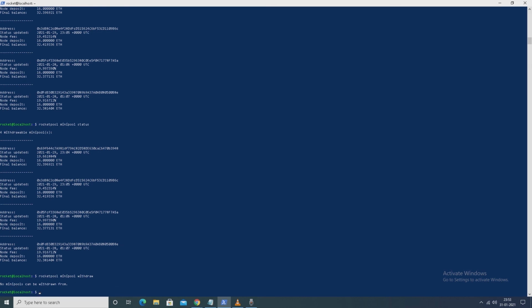They are testing and it's in the queue. From them I came to know that it will take around 30 days to be able to withdraw, and on the next testnet they are trying to bring down the time to 1 or 2 days. So that we will see on the next testnet.